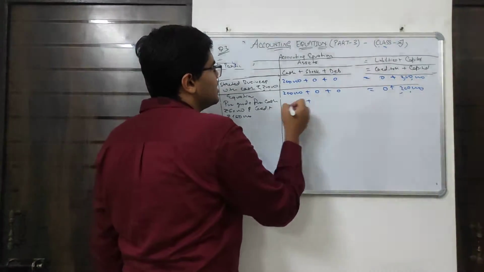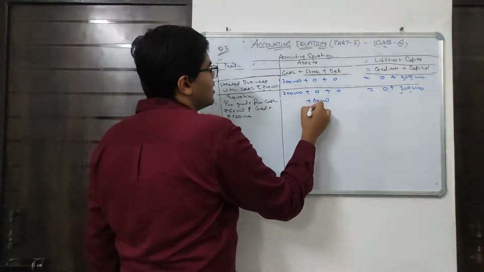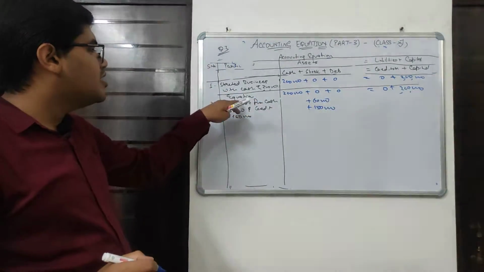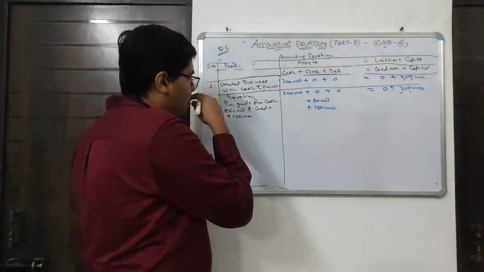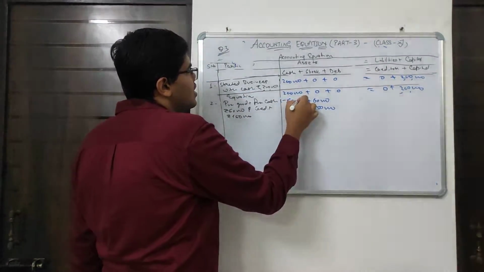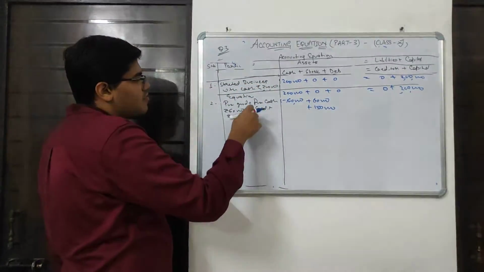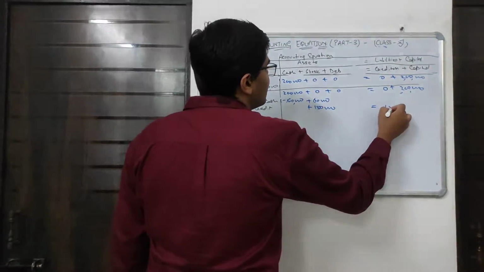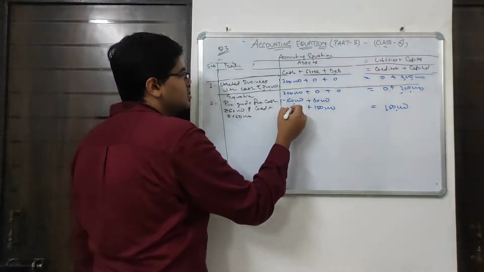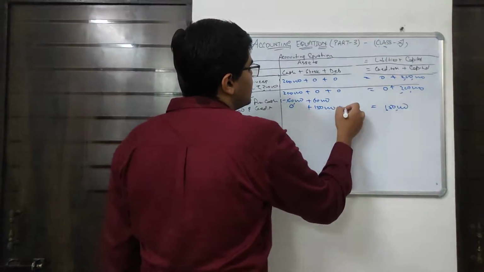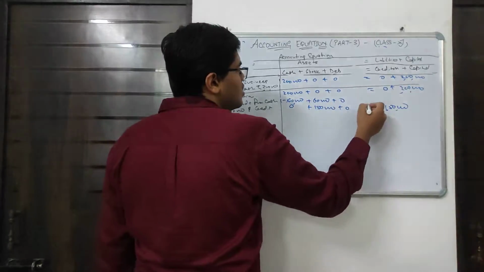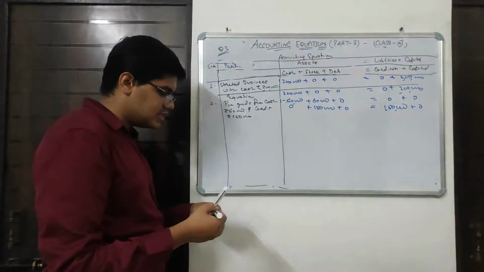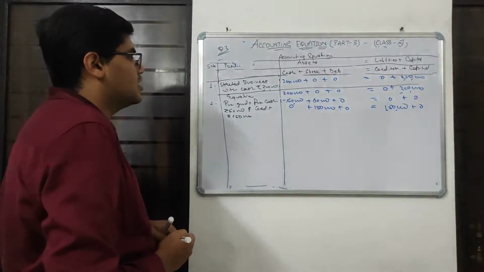So stock increases first by 60,000 and second by 1,50,000. In the first case we are making the payment of goods through cash, so our cash will be deducted by 60,000, and in the second case we are making the payment on credit, so our liability increases by 1,50,000. Rest no change in cash, debtor, creditor, capital. So let us see whether our equation gets balanced or not.